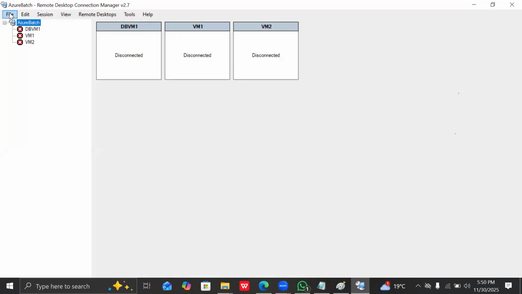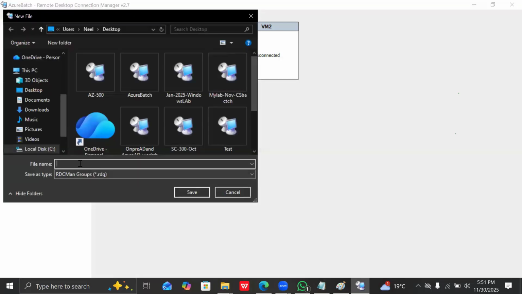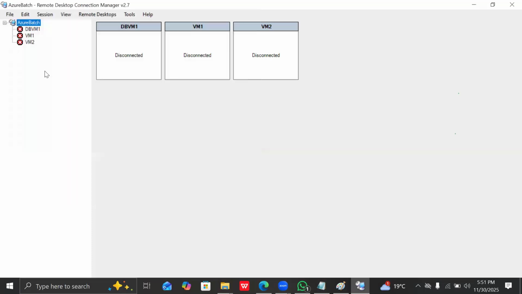Now it will open empty. You can click on file and see new and save as on the desktop, give whatever name you want like this, and save it on the desktop. Next time when you open, you double click this. You want to connect with the